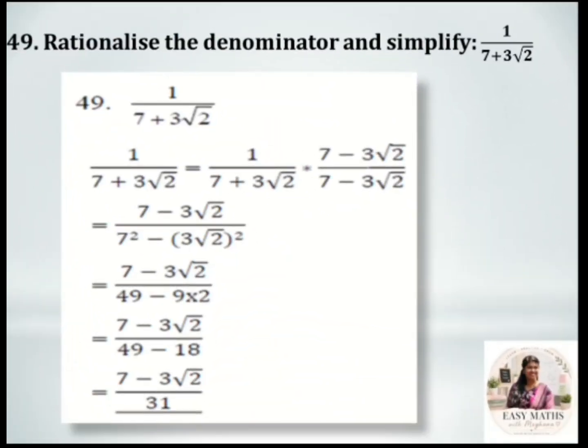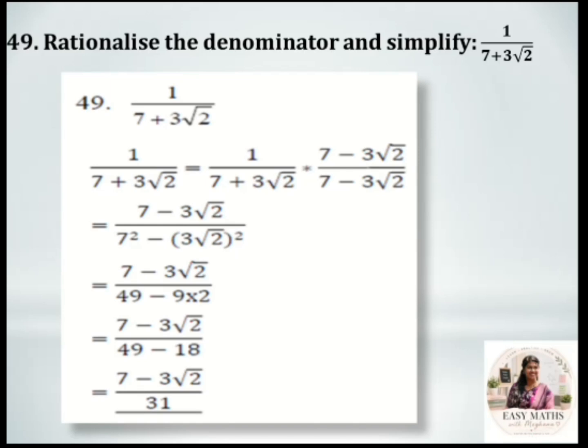Question number 49. Rationalize the denominator and simplify. 1 by 7 plus 3 root 2. I already told you in the multiple choice question, rationalize the factor. Here in the denominator we have 7 plus 3 root 2, whose rationalizing factor can be written as 7 minus